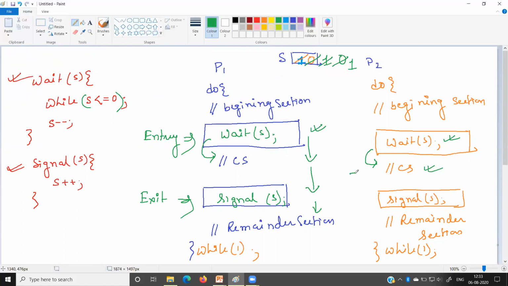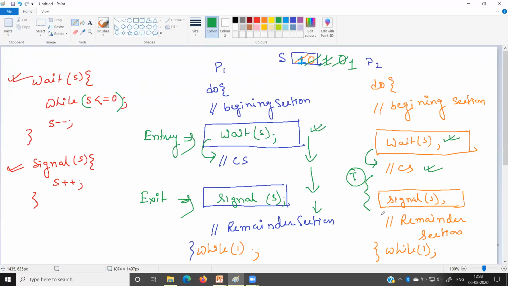To execute the critical section, let us say that we need T amount of time. T amount of time is required to execute the critical section and the subsequent signal function. So P1 has to wait for T amount of time for the process P2 to complete the critical section. Here the waiting time is bounded, as T is a finite or definite amount of time.